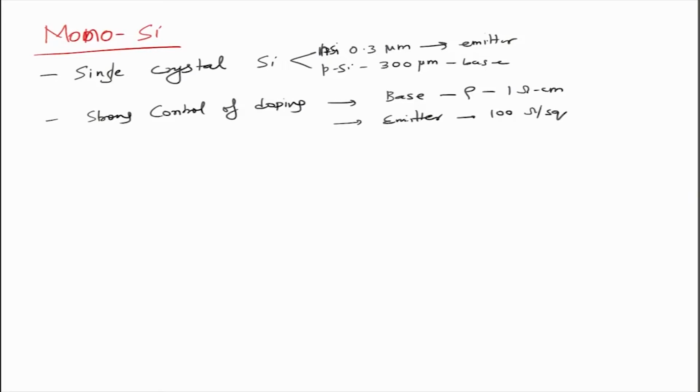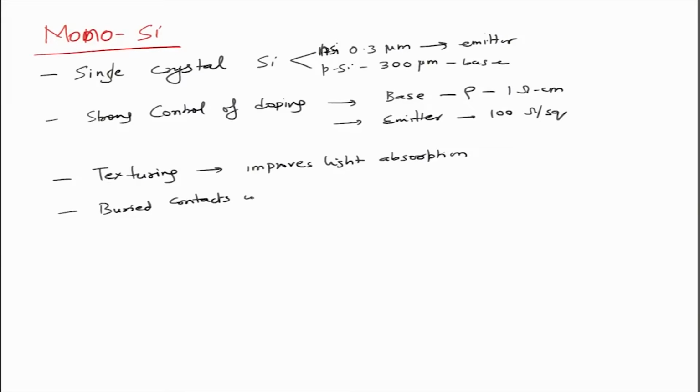and it is also important to dope it carefully, so that you have good surface recombination, surface characteristics. And then we have surface texturing, which improves light absorption, right. Then we have buried contacts with optimum spacing and width, right. This improves the charge collection and